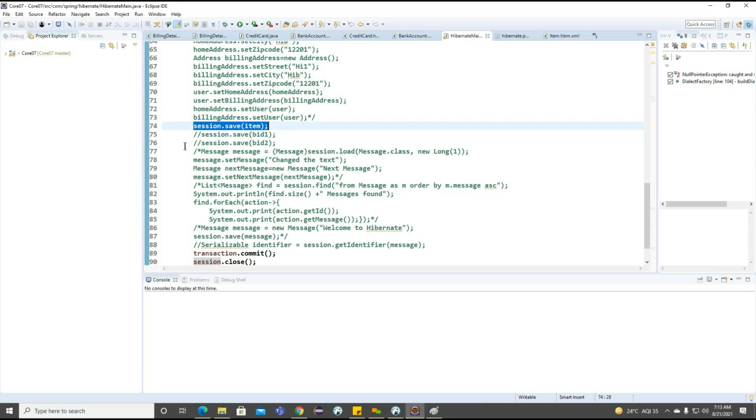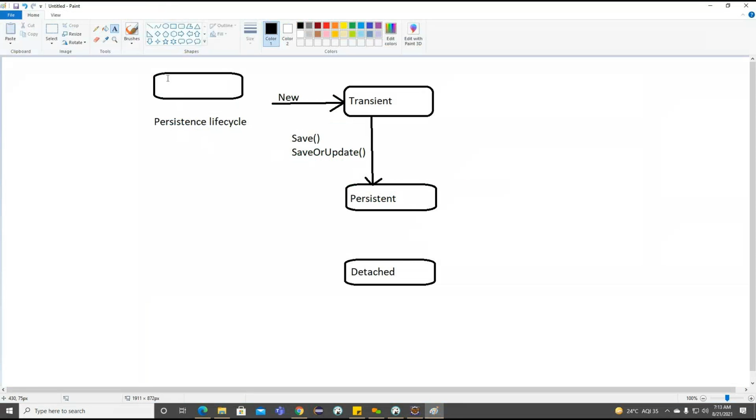But back to here, when this object is moved into the persistent state, with the help of the persistent manager we perform some operations: save, save or update. This is all about the persistent state here.